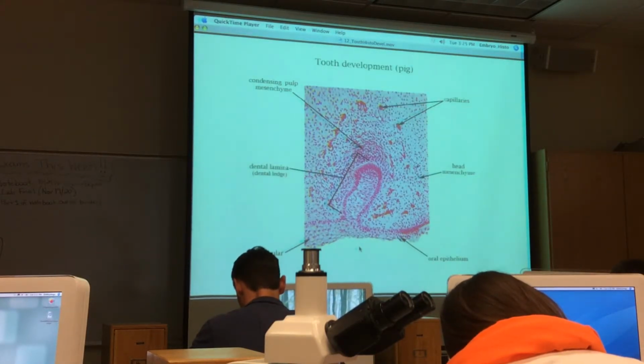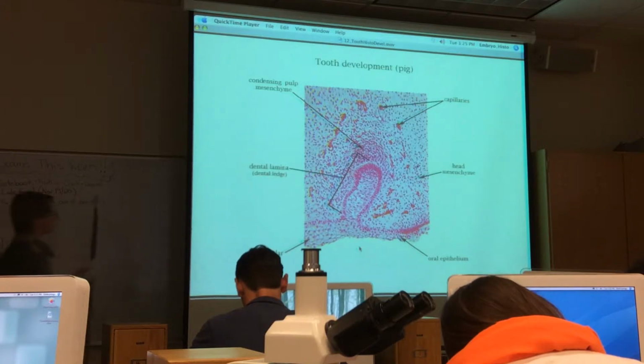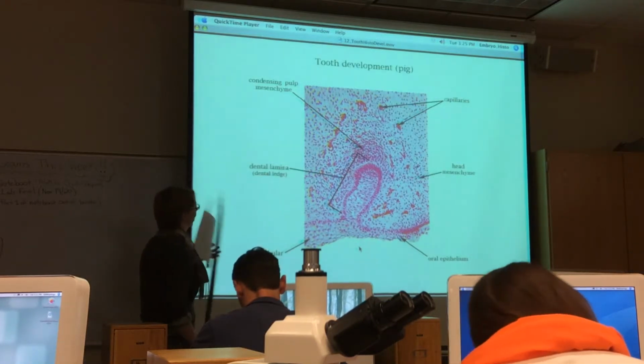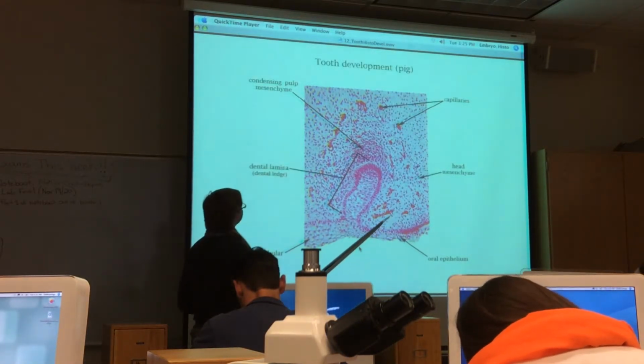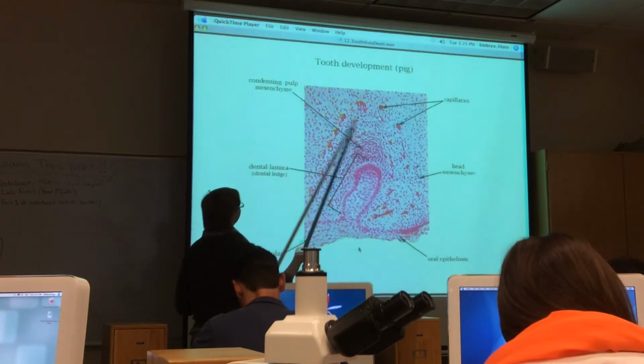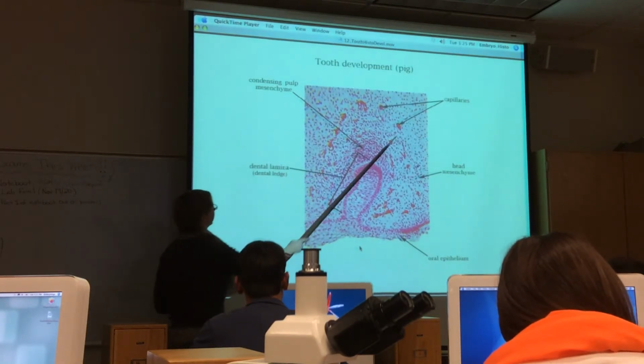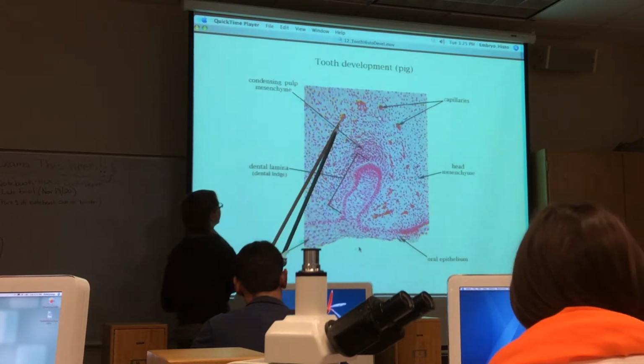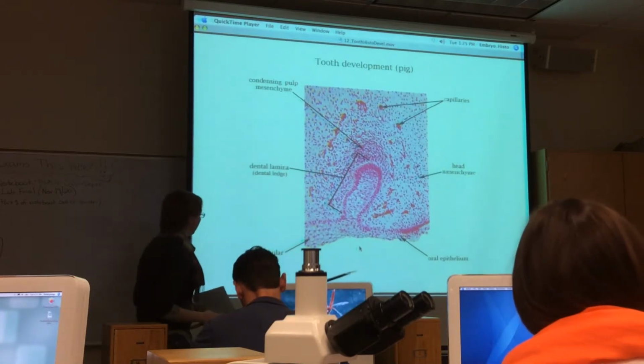So if we zoom in on that dental lamina, we can just see there's a bunch of head mesenchyme, incandescent pulp mesenchyme just hanging around it, helping that tooth develop. There will be a lot of capillaries hanging out in the region. And again,